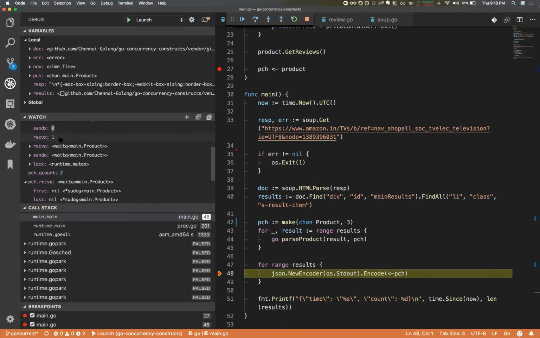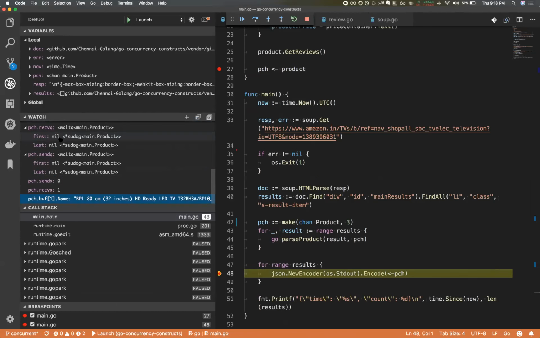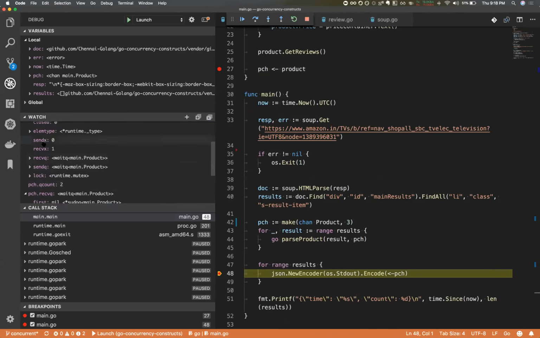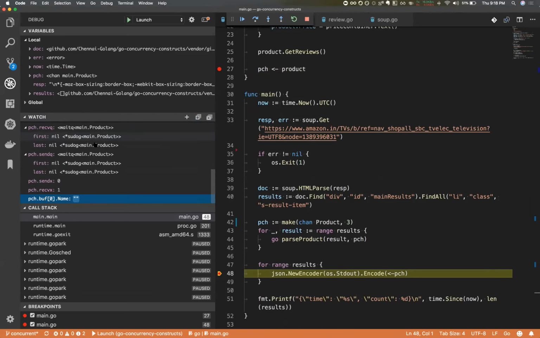That means read from position 1. So the first one and the second slot would be filled in this case. Because sendX is 0, that means the next write is going to happen on the first slot of the buffer.